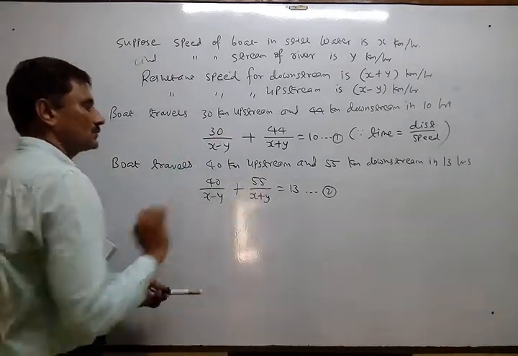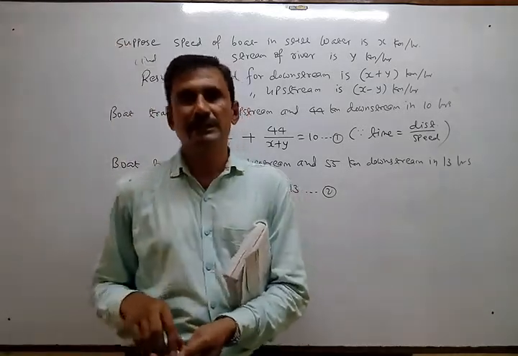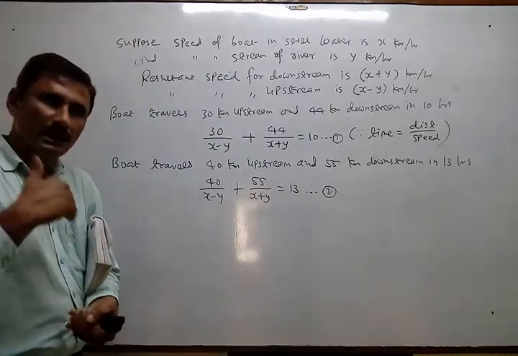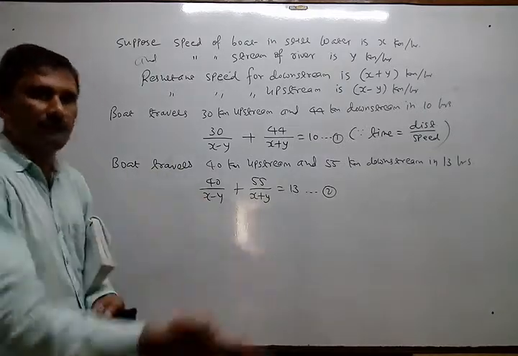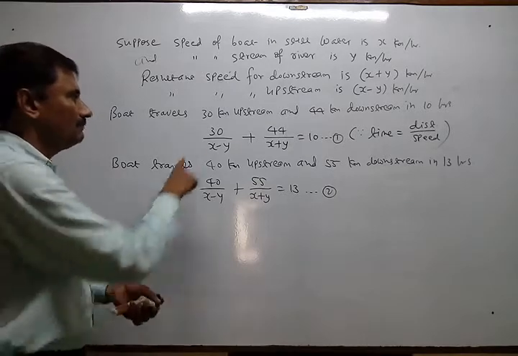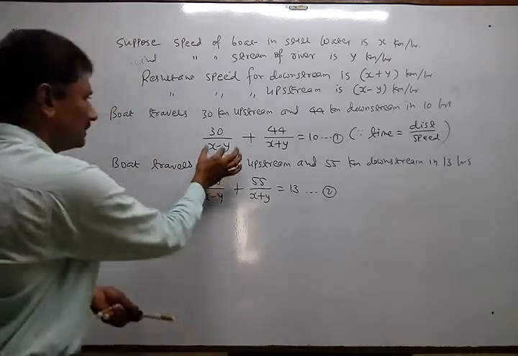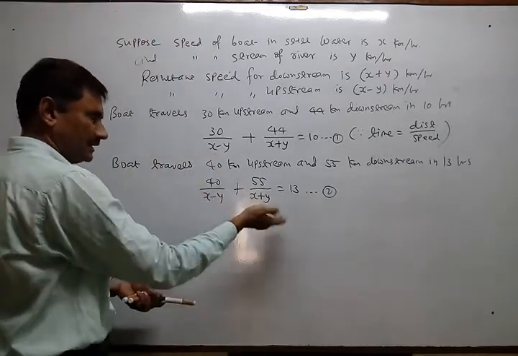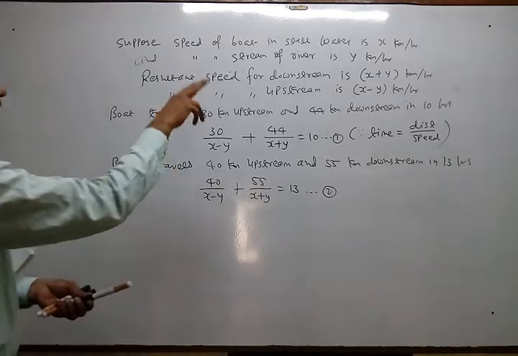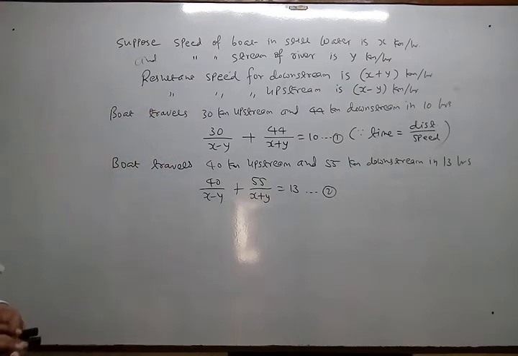Now, how to solve? You know, in exercise 3.6, we solved many sums which are not basically linear equations, but they can be reduced or converted into linear equations. So here also we can convert it. How? By supposing A and B, P and Q, whatever you want. So I suppose first 1 upon x minus y is A and 1 upon x plus y is B. Just understand.